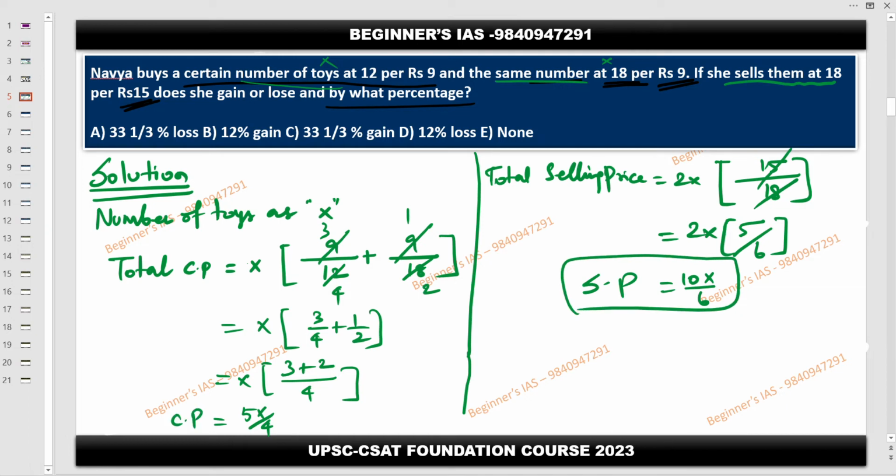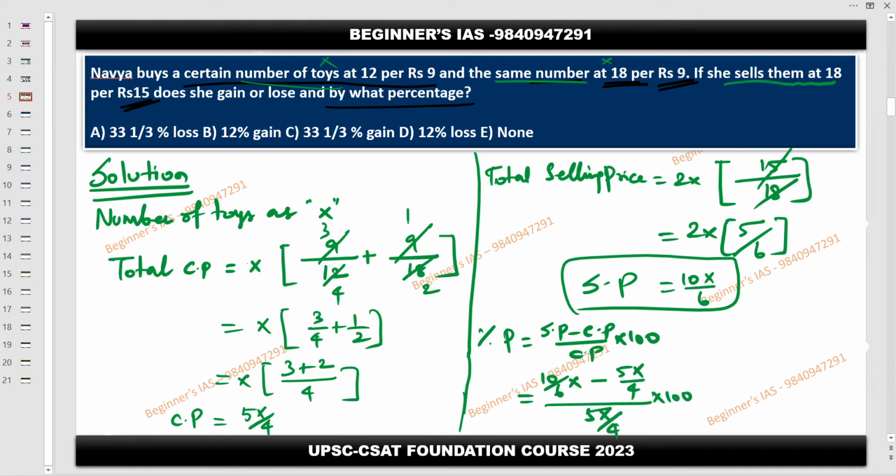See, if the resultant gives you a negative, then obviously it is a loss. If the resultant is positive, then obviously it is a profit. So with this logic, you can easily find out the profit percentage. Profit percentage is equal to selling price minus cost price by cost price into 100. So here 10x by 6 minus 5x by 4, CP is nothing but 5x by 4,